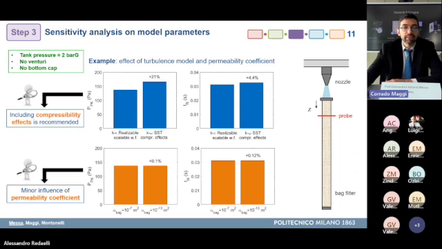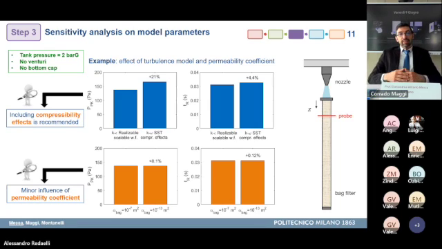And here we must note that this is not an absolute. Clearly, the answer and the impact of the permeability coefficient is restricted to the specific test case that we analyzed and to the specific probe location. Maybe if one changes the probe location or changes the testing condition, there is a greater impact of the permeability coefficient, but at least this was a good starting point.